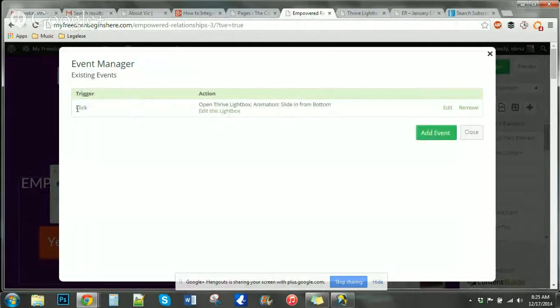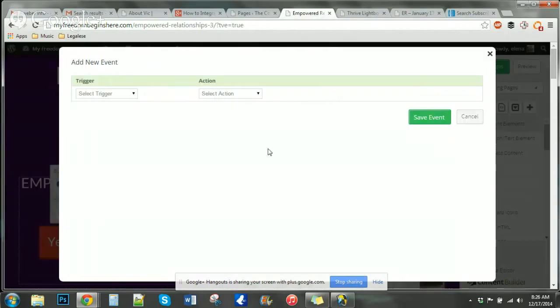So in this case, we've got on click, it will open the Thrive Lightbox with an animation from the bottom, and it will do that. So if we hadn't already set that up, we would click Add Event, select the trigger. Mouse over means when your mouse goes over it; comes into viewport is when you scroll down and it shows up. So click,